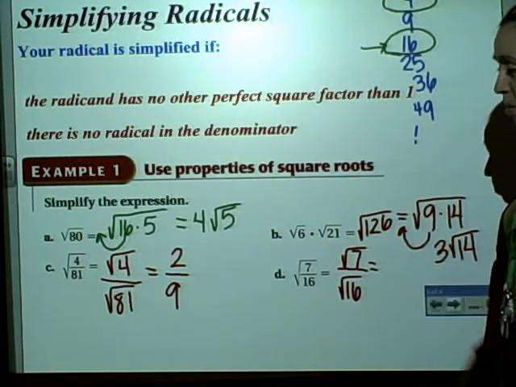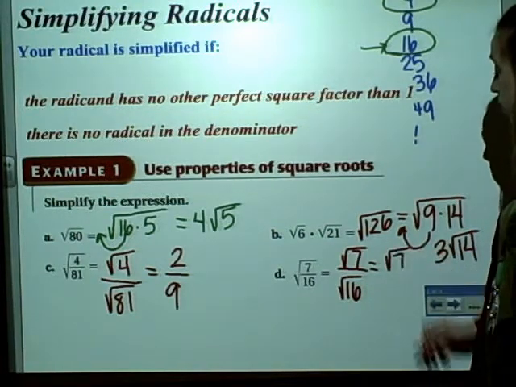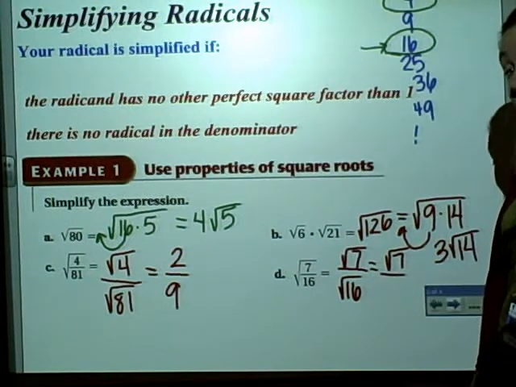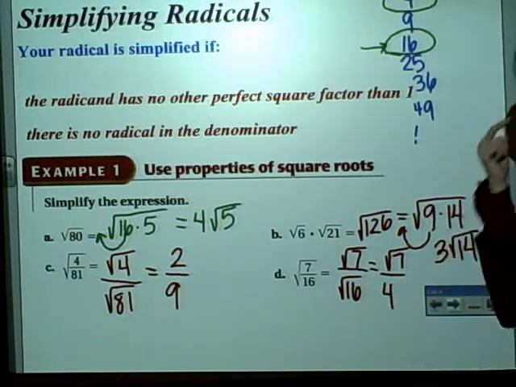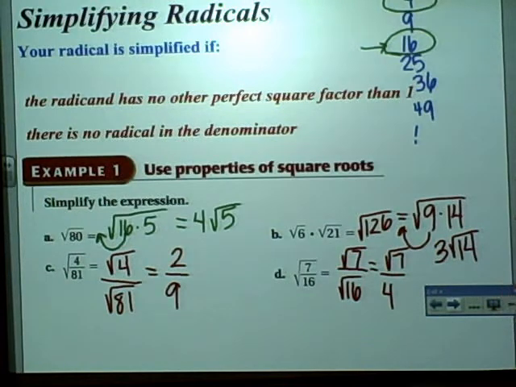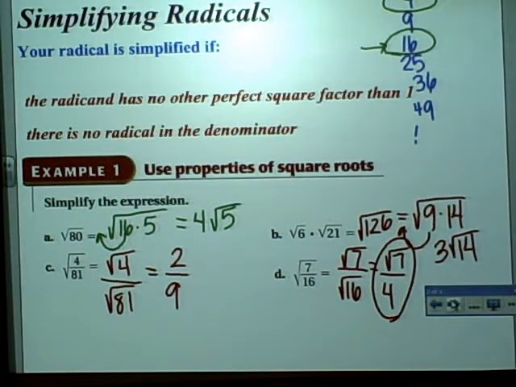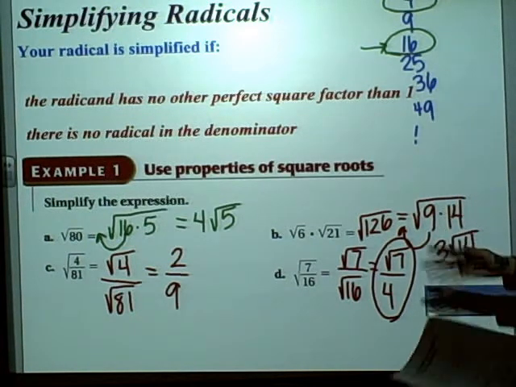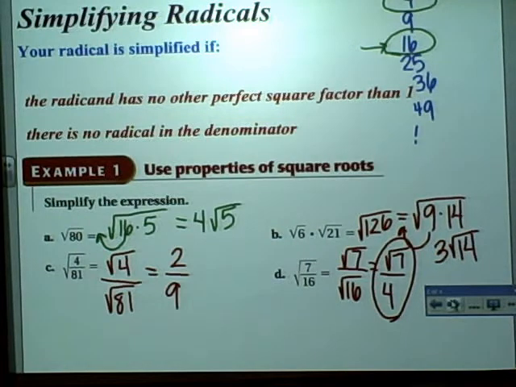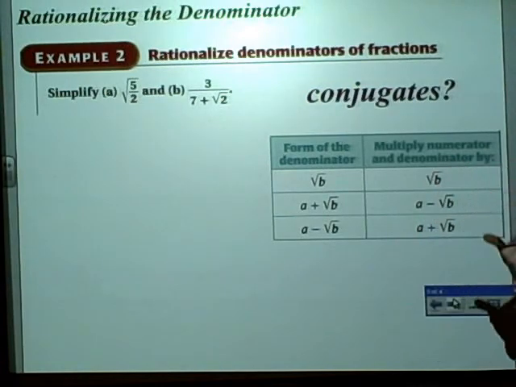Radical 7, not a perfect square. So I'm just going to leave that as radical 7. Radical 16 is definitely 4. I'm going to check to make sure I can't rewrite radical 7. There's absolutely no factors that can go into 7, and there's no radical in the denominator, which you guys are awesome, you already know about. So I'm done. If you need to see more of that, you can check in your textbook, or you can replay this. Bring your questions to class, but this should be kind of familiar since we just did this stuff in trigonometry. Okay, now we're going to talk a little bit more about